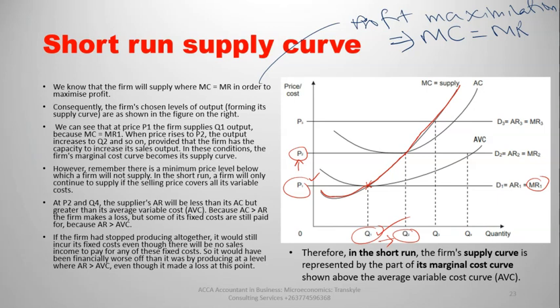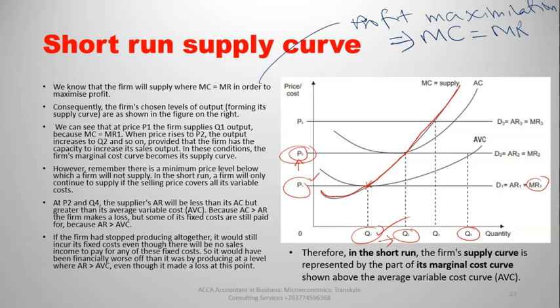All right. Now, however, remember there is a minimum price level below which a firm will not supply. In the short run, a firm will only continue to supply if the selling price covers all its variable costs. So if the selling price can cover all the firm's variable costs, then business will continue. At price P2 and quantity Q4, the supplier's average